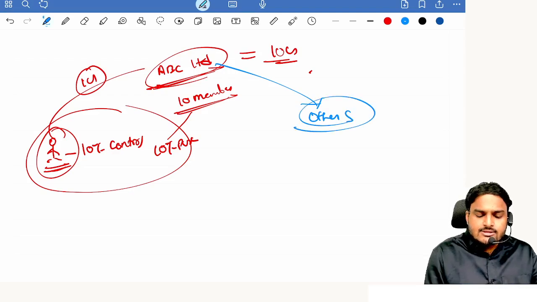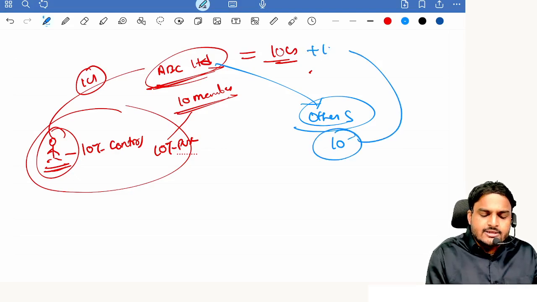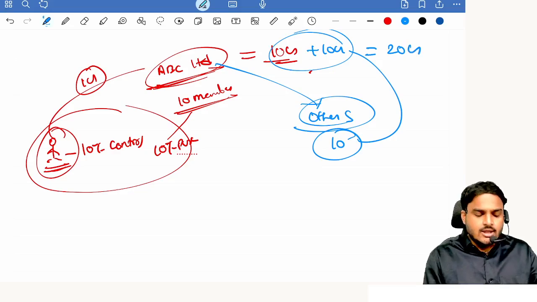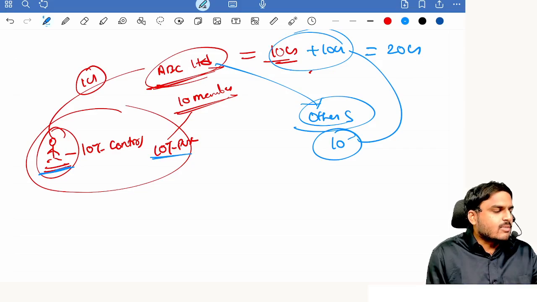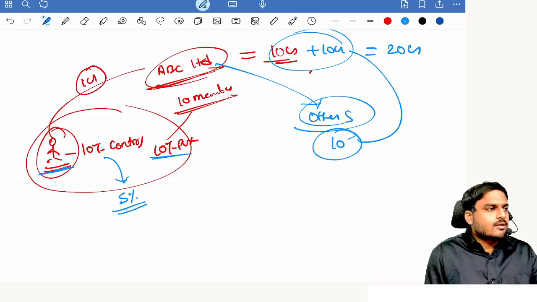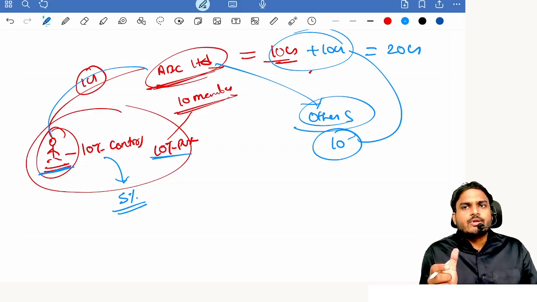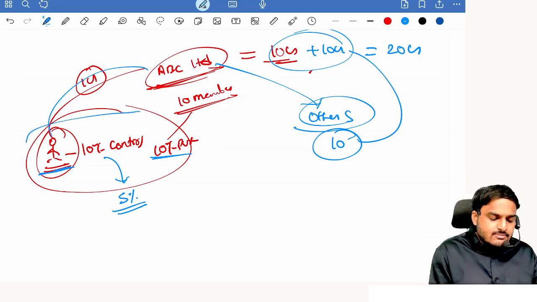suppose these others are also 10 in number, and these 10 members contributed another 10 crores. So now total capital will be 20 crores. Now the existing member's control, initially 10%, will fall to 5%. That means his control in the company is getting diluted. Yes or no? That means whose interest is getting affected? Existing members' interest is